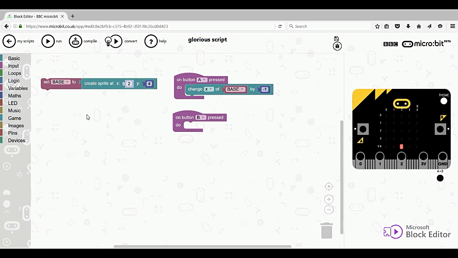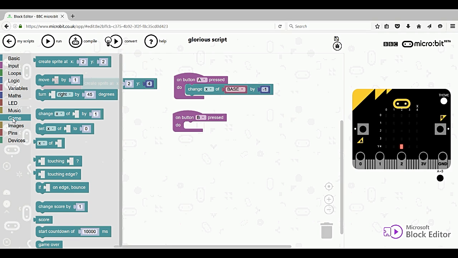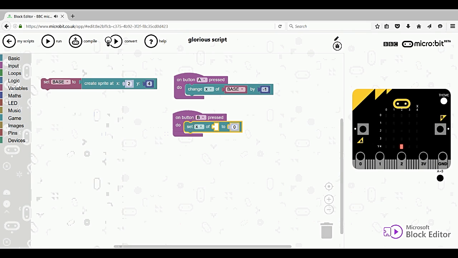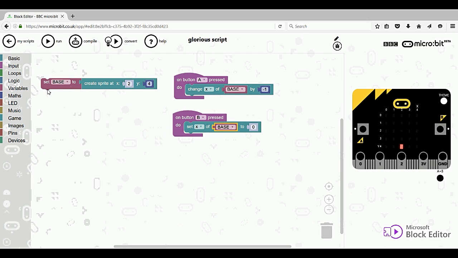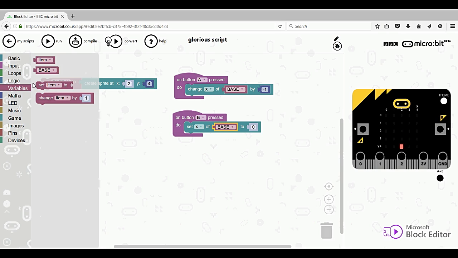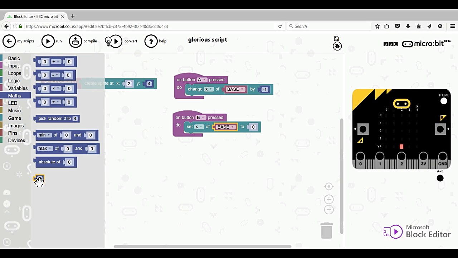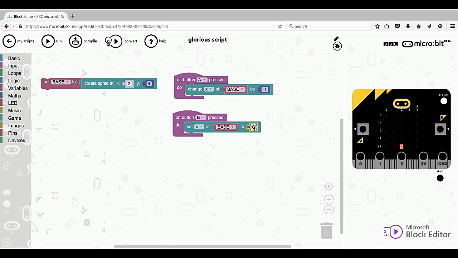Now what I want to do is do exactly the same again for the other way. So change X of base. I've done base. Maths I want by 1. So if I press B, it adds 1, so it goes this way on X. If I press A, it takes 1 off of X, so it comes this way. So if we just run this,